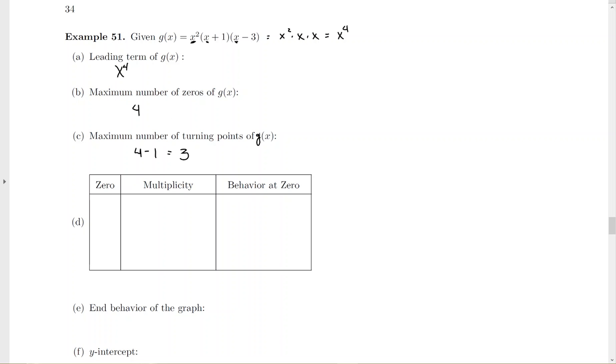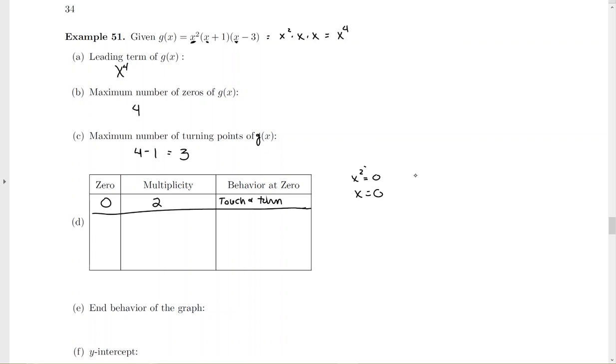Then to find the zeros, you set each factor equal to 0, solve for x. So we're going to get x equals 0 is one of the zeros. It has a multiplicity of 2. So the behavior at that 0 is going to be a touch and turn, since it's an even multiplicity. All right,